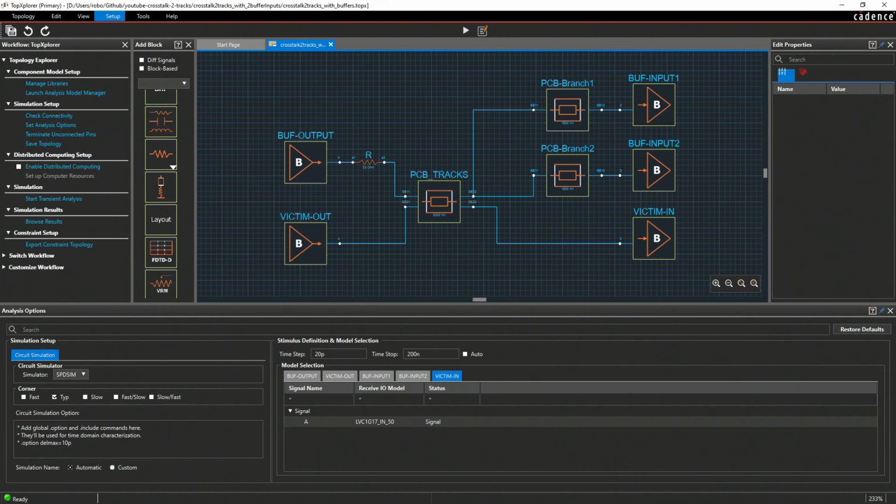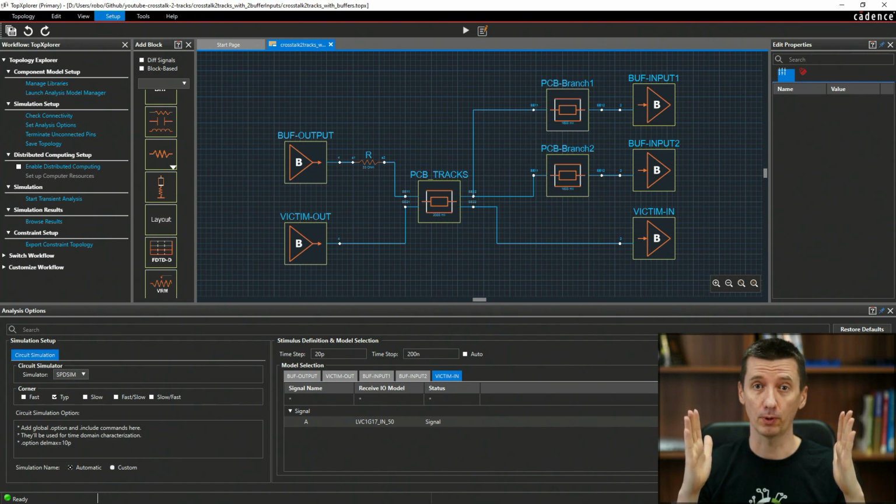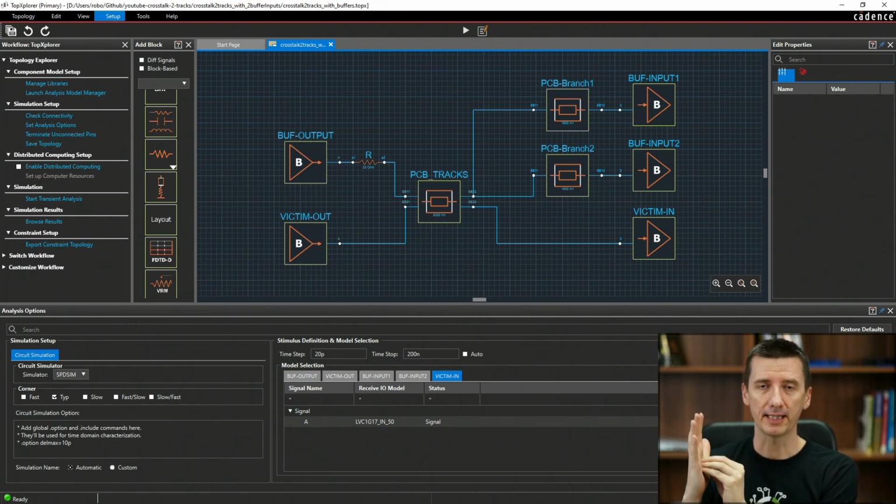Basically, it can help a lot if you can meet impedance on at least one side of your track. Why? For example, if you do not meet impedance on both ends of your track, what is going to happen? You send a signal through your track, it will arrive at the end of the track, and because the impedance at the end of the track is not matched properly, there will be reflection.